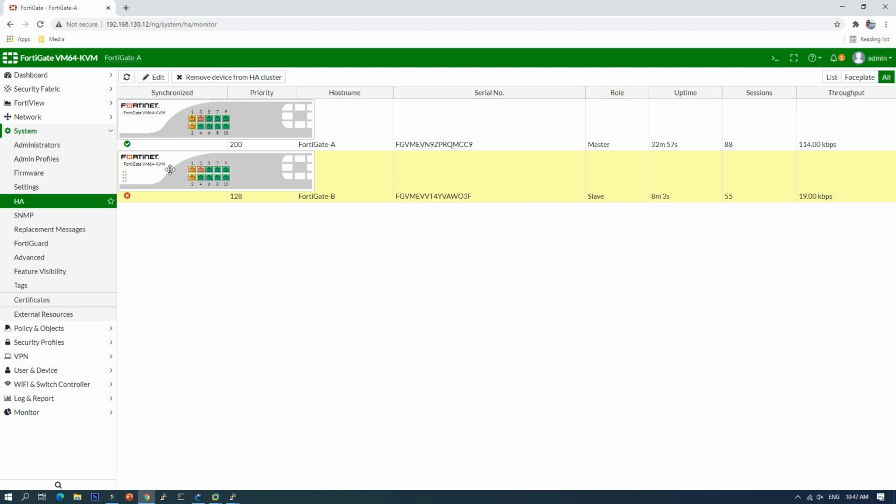Okay, and here the IP address can be FortiGate A or FortiGate B, because when FortiGate A goes down, it will become FortiGate B. If you want to log in directly to FortiGate A and FortiGate B, you need some configuration to set a specific IP for that HA cluster.